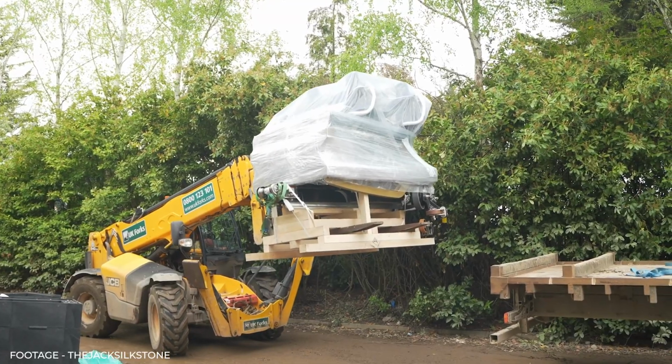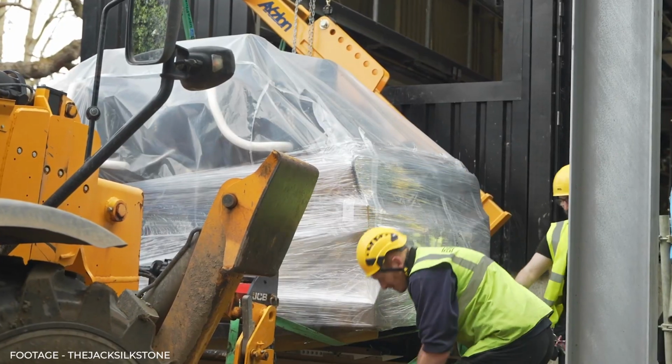itself. We know that the clear wrapping that they put on the trains originally wasn't meant to be hiding anything. Jack Silkstone on his video sort of confirmed that they did that obviously to create some speculation and hype, which did very much work. So with that being said, I'm going to be reacting to this video. I haven't looked at it properly yet. I saw a few clips of it on Twitter, on YouTube, but I haven't looked into it or reacted to